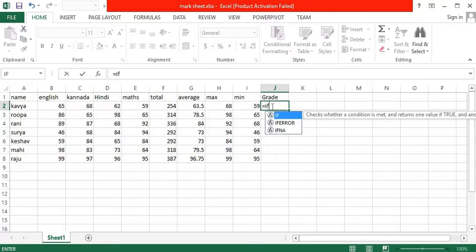Equal to IF, open brackets. The grade will be according to your average marks. Always the grade will be according to your average marks. So I'll have to give average marks. So the grade is equal to IF, open bracket, click on the average cell address, is greater than or equal to 90 is my condition. So my condition is if this cell is greater than or equal to 90, the result is